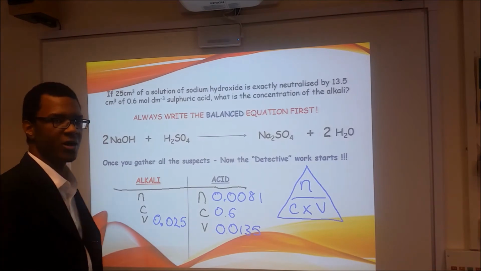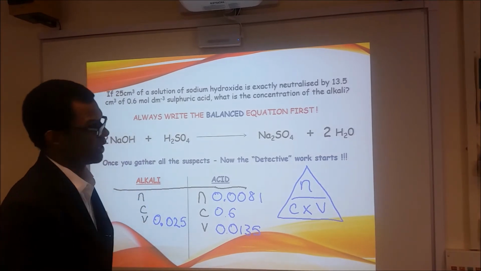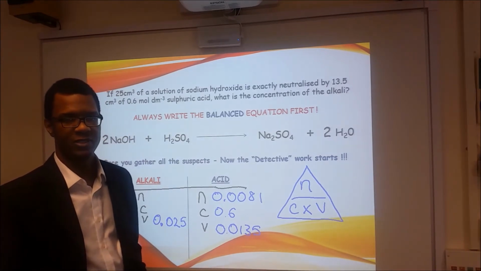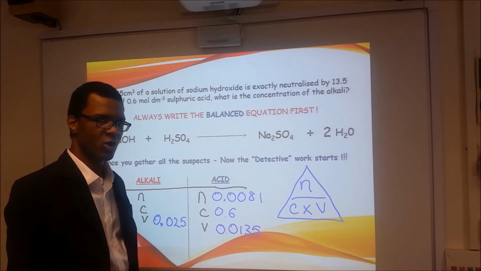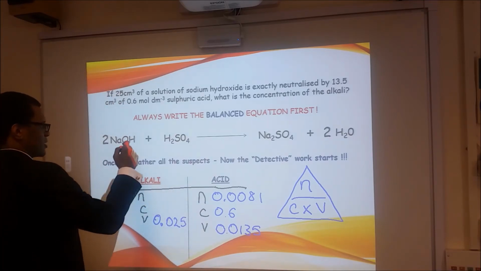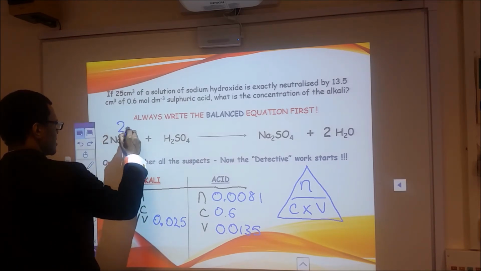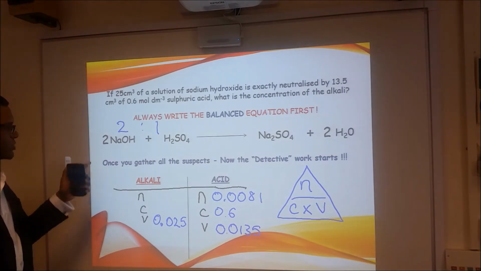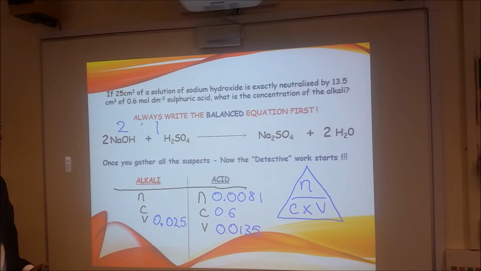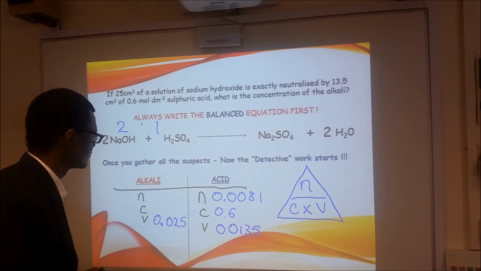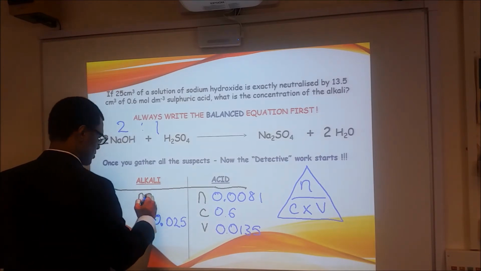Then we need to look at the number of moles in terms of the mole ratio. If you have watched my previous video on finding the mass of a substance using the number of moles, I would suggest you have a look at that if you haven't. What you will find here is this is a 2-to-1 ratio, because 2 moles of sodium hydroxide are required to react with 1 mole of sulfuric acid for this reaction to take place. So I multiply this figure by 2, and it gives me